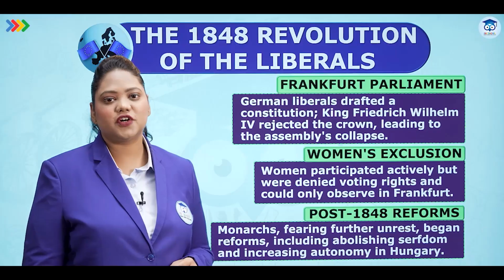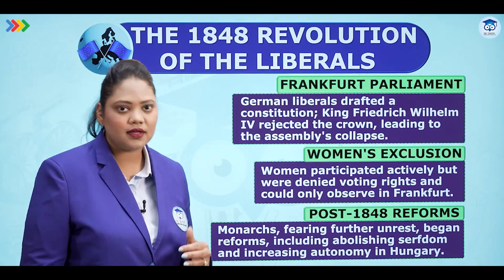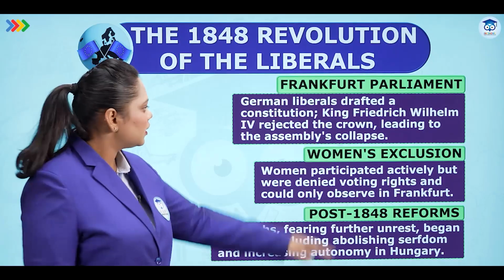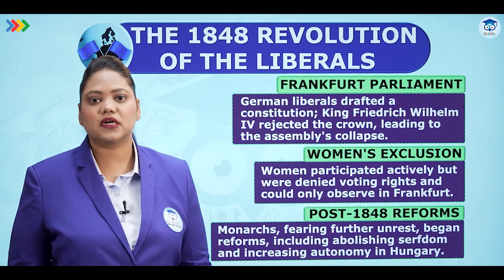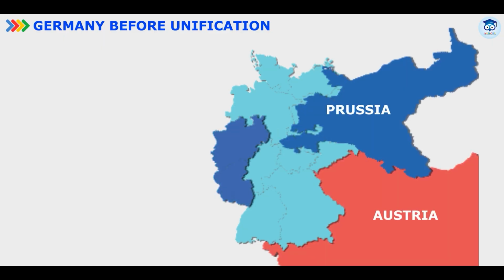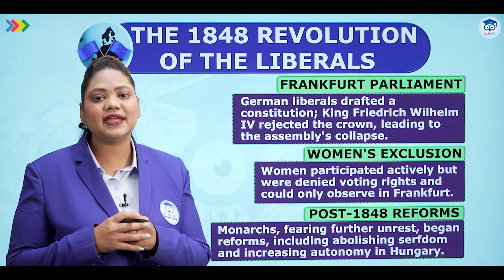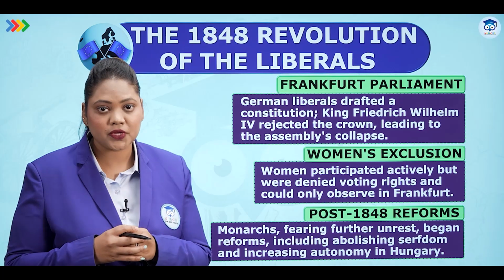Let's see the Frankfurt Parliament. Frankfurt was under Prussia. You can say King Friedrich Wilhelm is the king of Prussia. Germany was not united. It was not united because it was still a part of the empire in Europe, the Habsburg, but the German regions were under Prussia, were under Austria. So the German liberals, that is the educated professional thinkers, wanted to unite the Germans all over Europe. So what did they do?